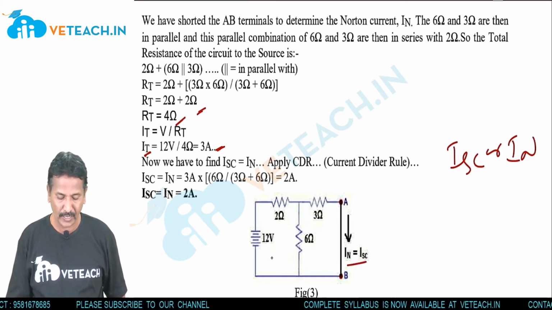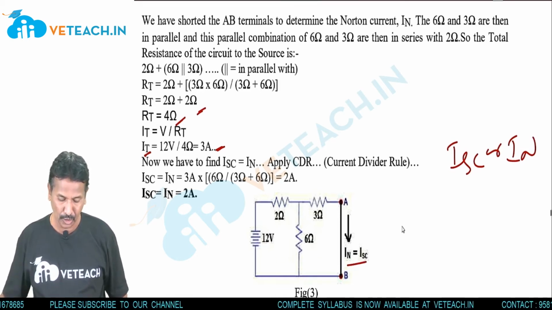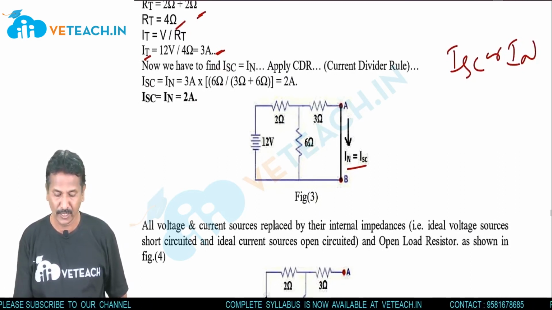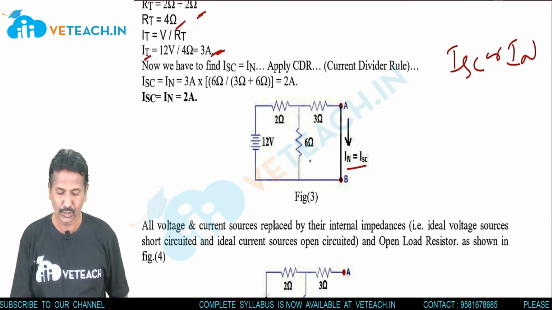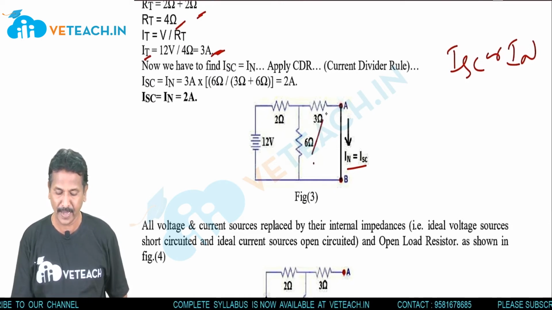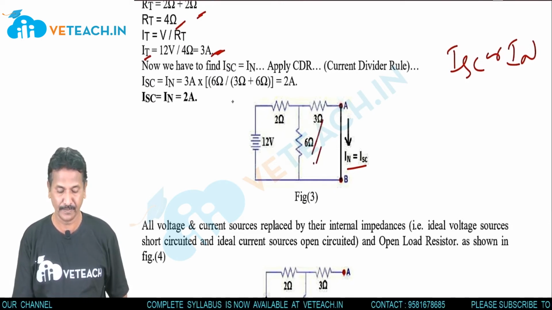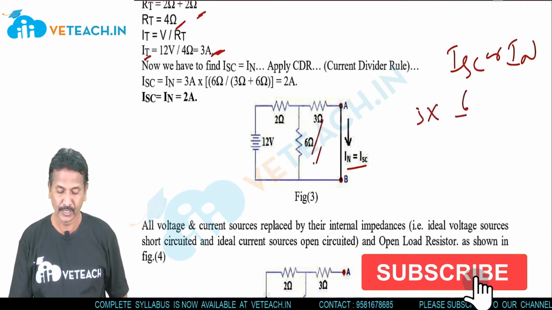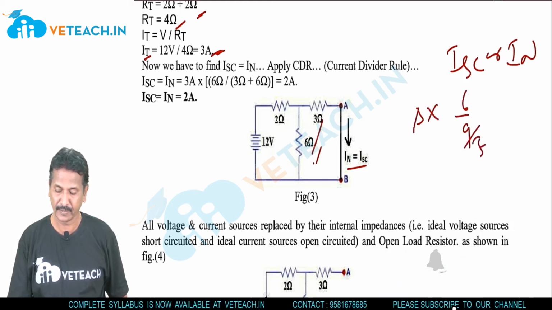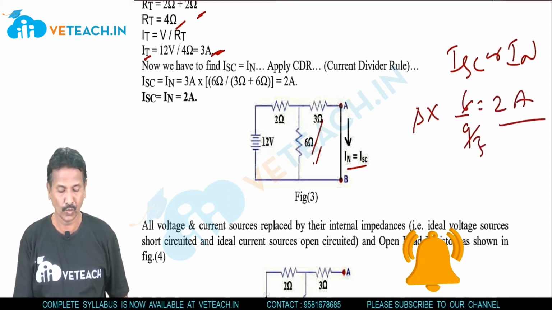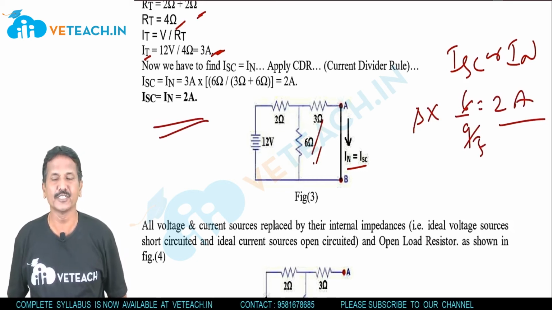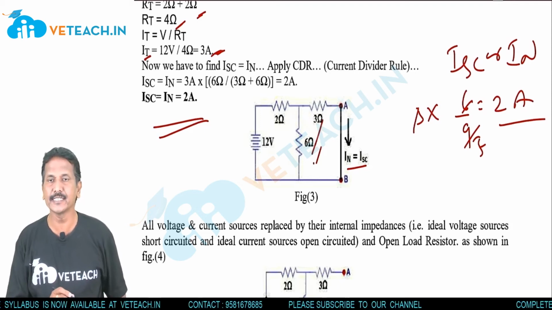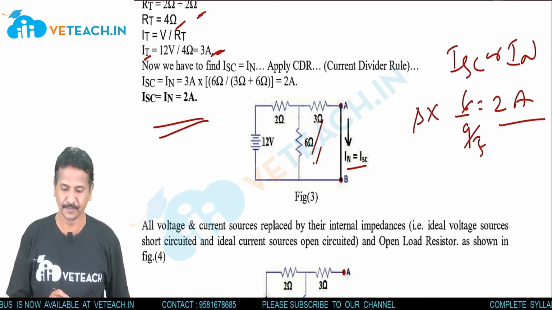So where do we have to find it? We have to find the current across 3 ohms, right? So here IN is equal to how much you got here? 3 amps. So 6 ohms and this 3 ohms are in parallel. So 6 plus 3, so 9. So how much will you get here? 3 into 6 by 9. 3 1s are 3. How much is it? 2 amps. So Norton's current how much is it here? 2 amps. Total current, how much did you get here? 3 amps. Which is less?